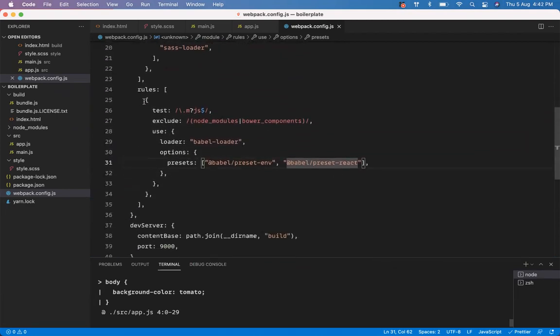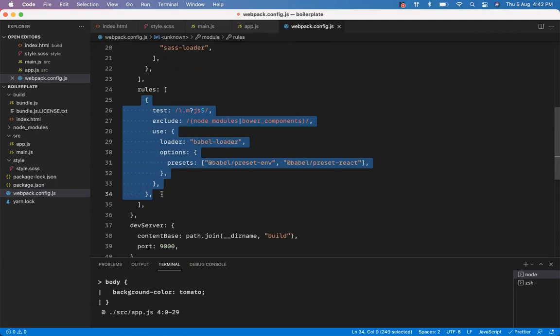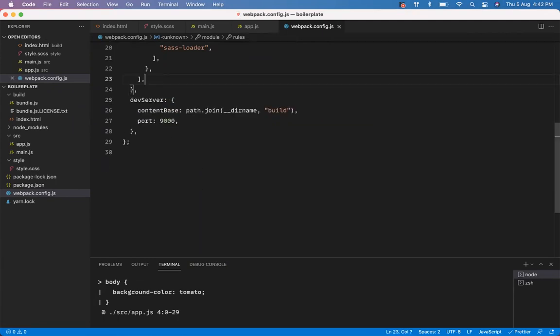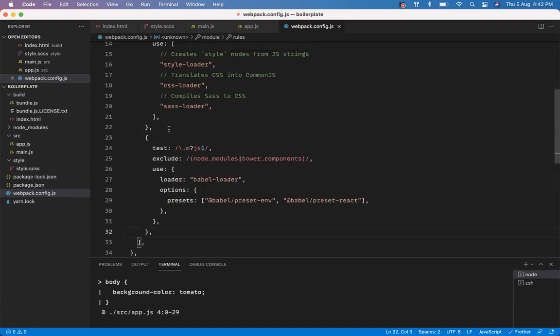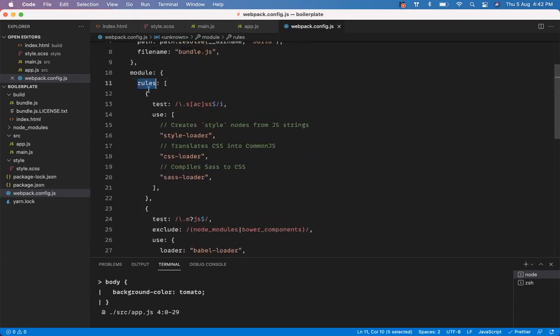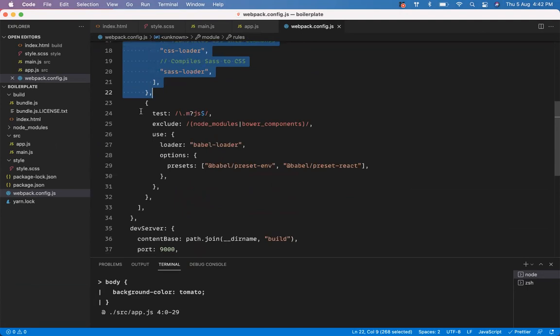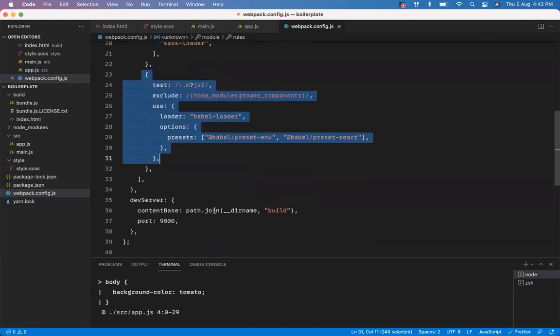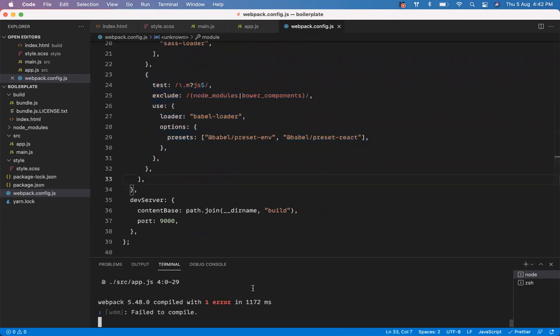Okay, sorry. I'm using rules 2 times. It should just be one rules, and inside that you can have multiple rules. So rather than doing it there, I just have to add it here. So these are the rules. The first rule is this, and this is the second rule. I'm adding a rule for SCSS file. I'm adding a rule for JavaScript file. So now it should work, I think.